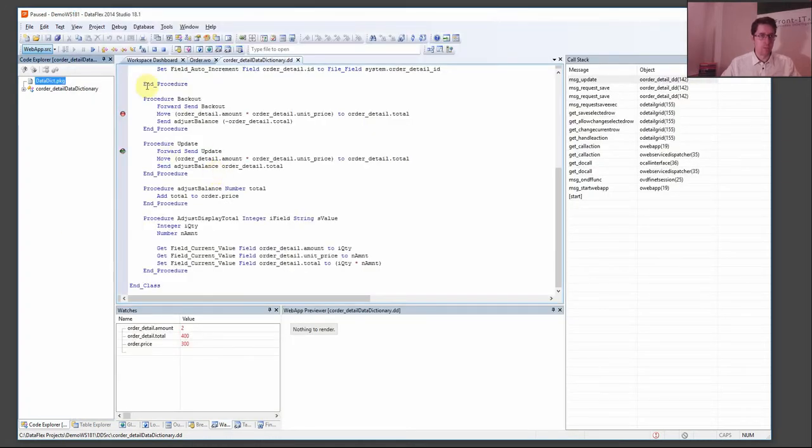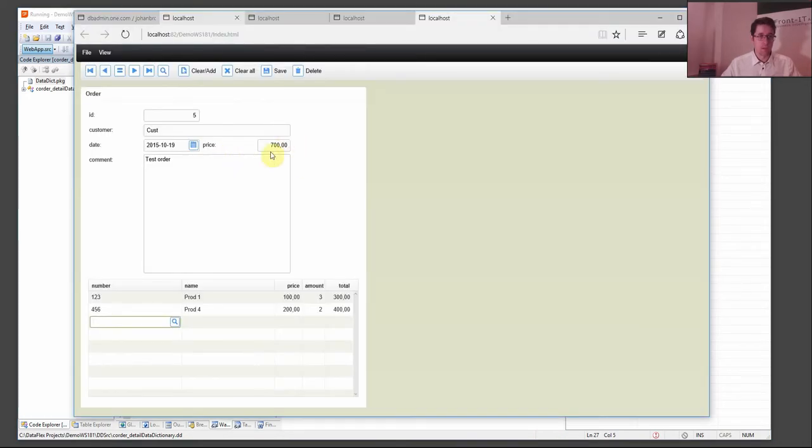when we update this. Now it's actually not doing the backout because we are doing an add, so it's calling the create procedure, which we don't have at the moment, but since we're not going to remove anything, it doesn't matter, we're only going to update. So we run this, no problem. Now it's 700, but I only wanted one of these, so I'm going to remove one, go ahead, 200, we